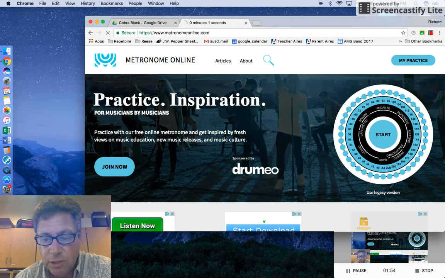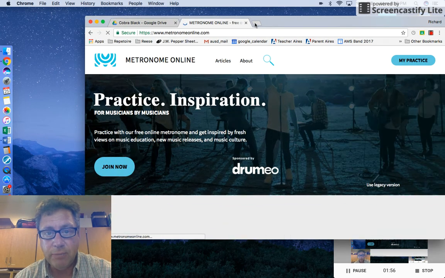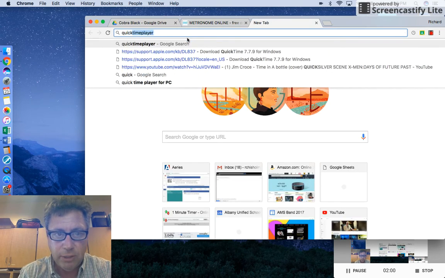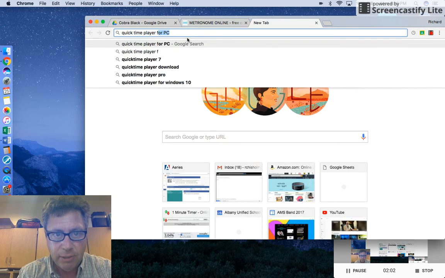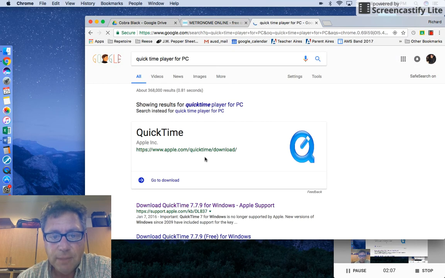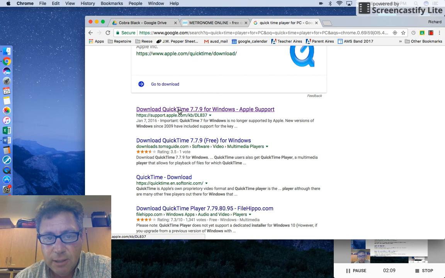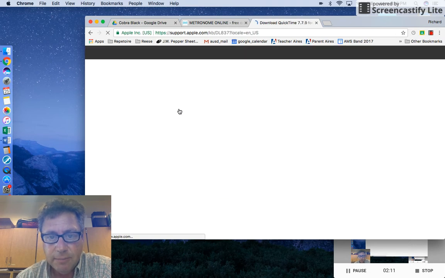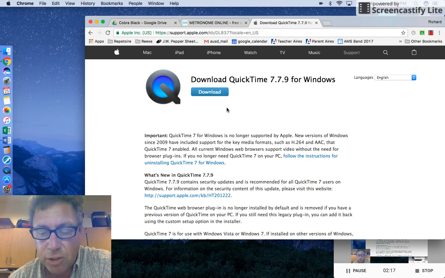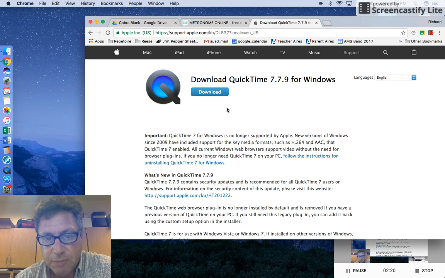If it's on Windows, you can download the QuickTime Player for Windows. So you go to a new window and you put in QuickTime Player for PC. When you click that, here it is. Here's your link. You click this, and you have QuickTime Player for Windows, and you download it. Now I'll put some of these links on our band webpage, so you'll just be able to click and go